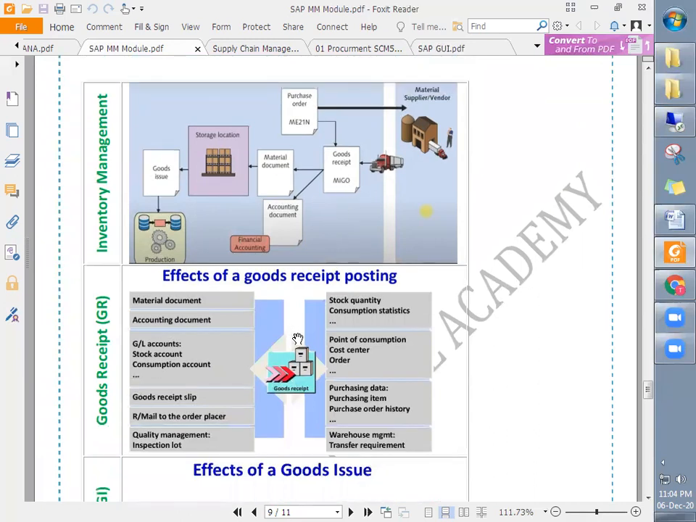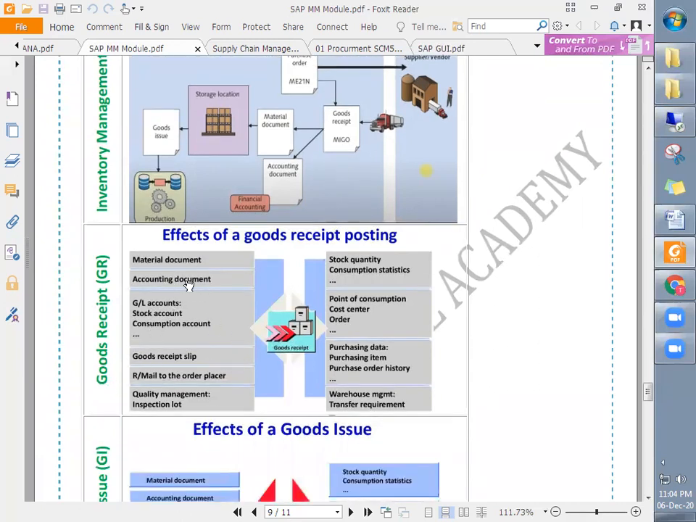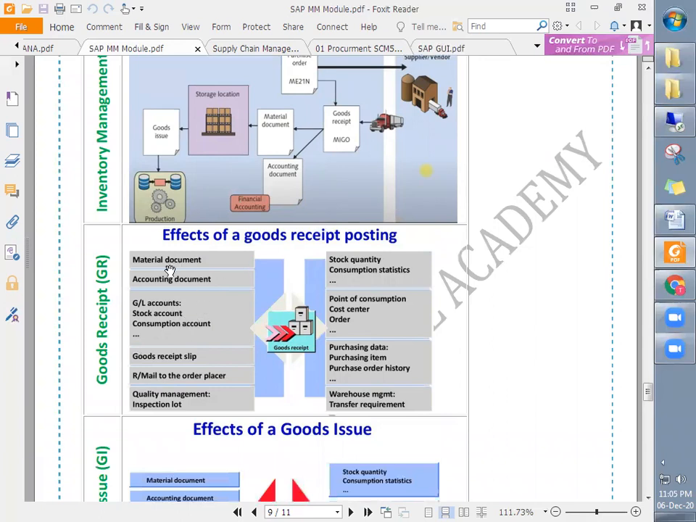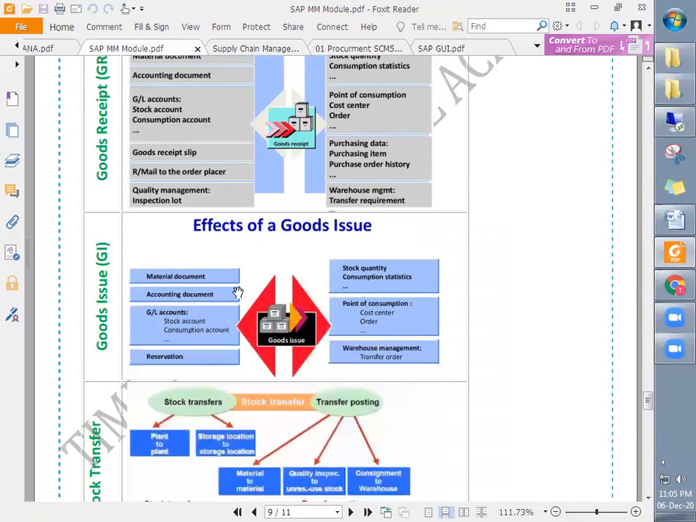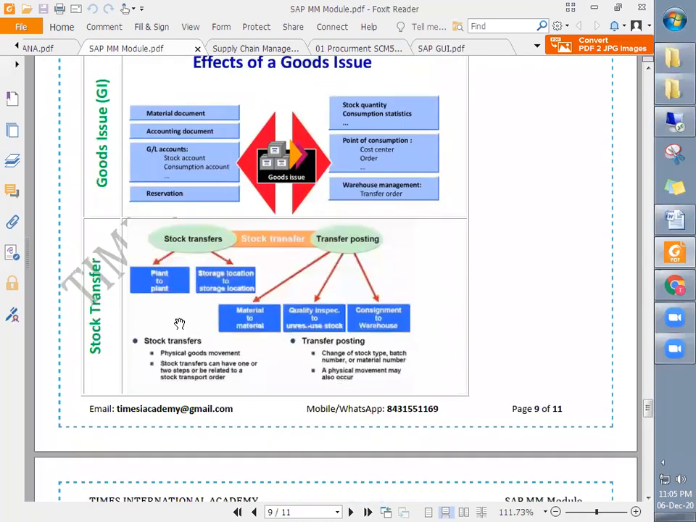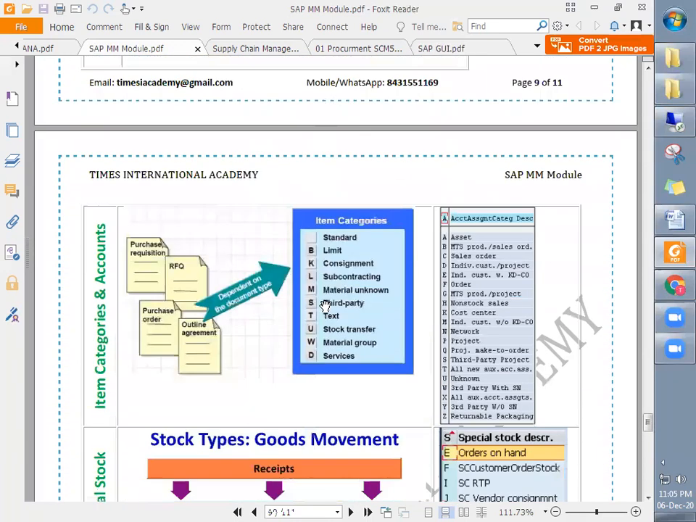So we will see all these in detail, and we will also see the effects of goods receipt posting. As soon as the goods receipt is processed, what are its effects? Like the material document is created, accounting documents are created, stock quantities are updated, and all that. Similarly, effects of goods issue, and then stock transfer, some of the technical parts like item categories and accounts,